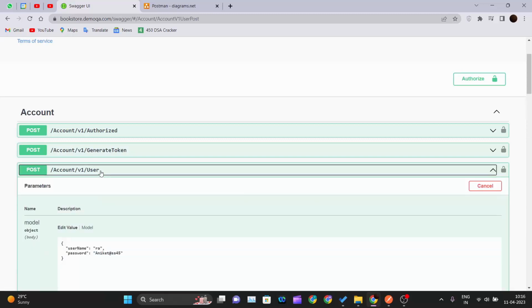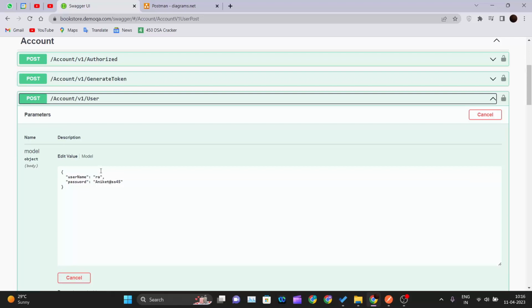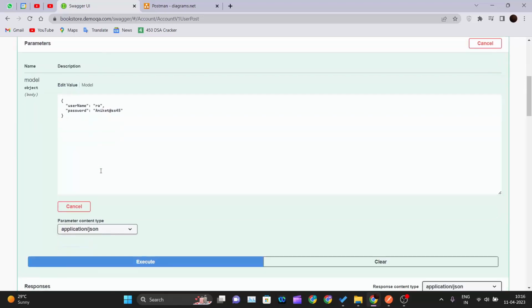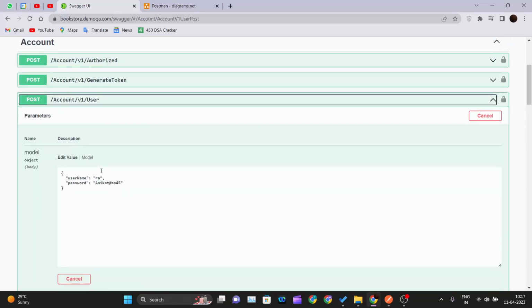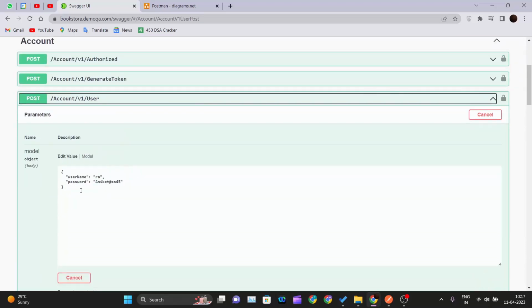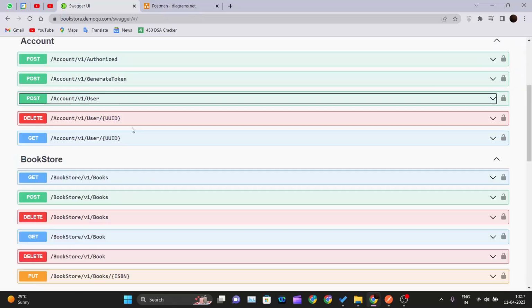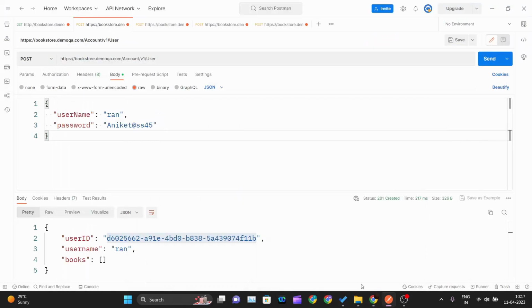So what this method will do is create a new user on the server, right? What it requires is a username and password, so you have to pass the username and password to create that user. We will paste that endpoint over here, go inside body raw, and select JSON as the type, and we will pass this JSON object, with username as ran and password as anything that you can